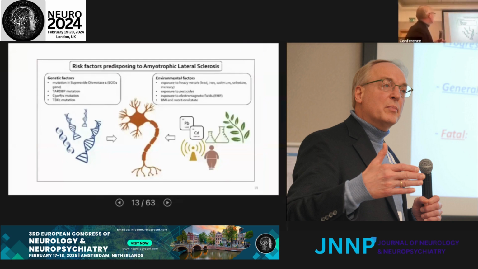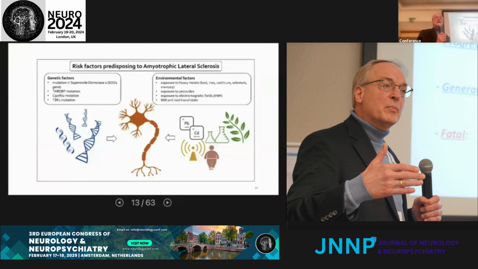Now, I apologize for the clarity of the slide. These just point out some of the risk factors predisposing to ALS. There are genetic risk factors. We won't talk on all of them. We'll focus on the SOD1 today. There's the TDP43, an RNA binding protein,